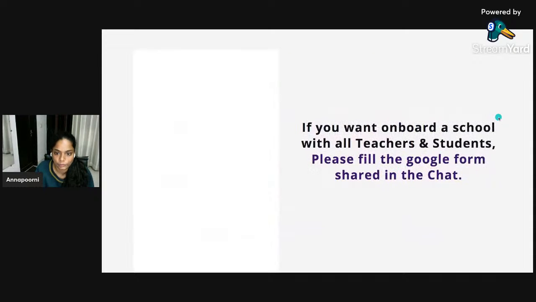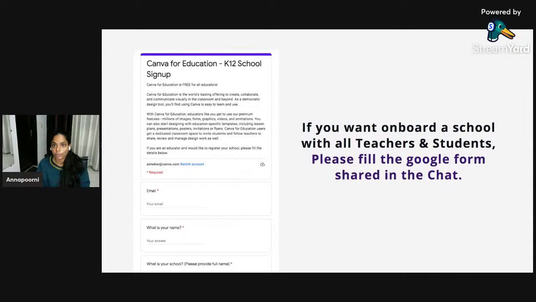Moving forward, if you're a school and you have teachers and students, you don't just want the account for yourself as an individual, but you want all your teachers and all your students to get access. You can fill in a Google form that I have put. You can share it and get Canva for Education for your whole school and all your teachers.